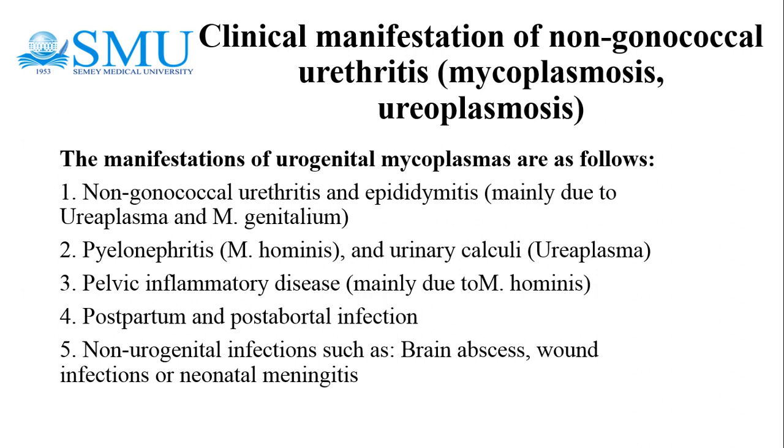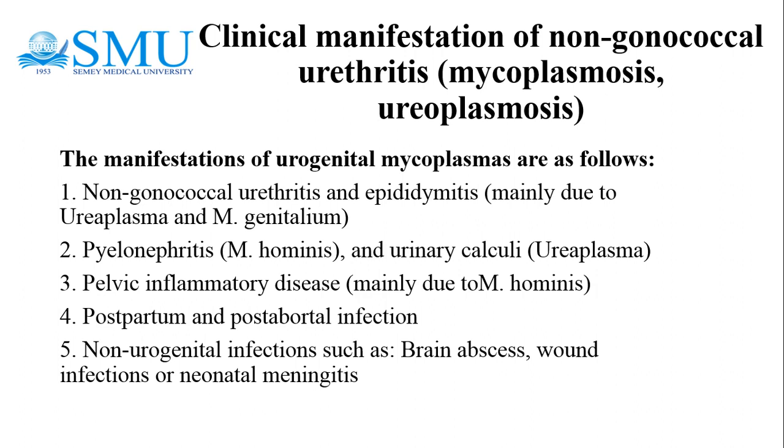Ureaplasmas are the commonest organisms isolated from the CNS, central nervous system, or lower respiratory tract of sick, premature, or newborn infants. Ureaplasmas have also been blamed for male and female infertility and low birth weight, but there are conflicting reports. And Mycoplasma hominis may cause salpingitis,